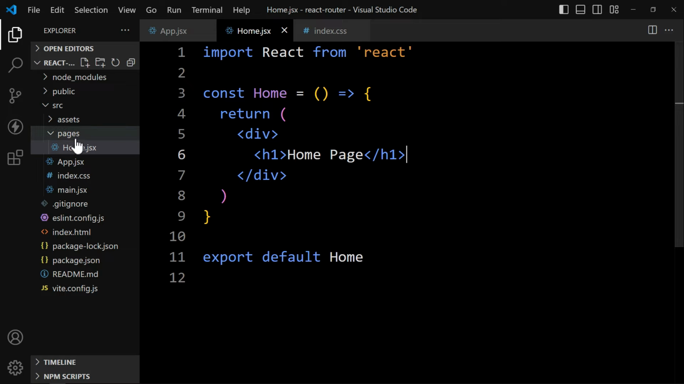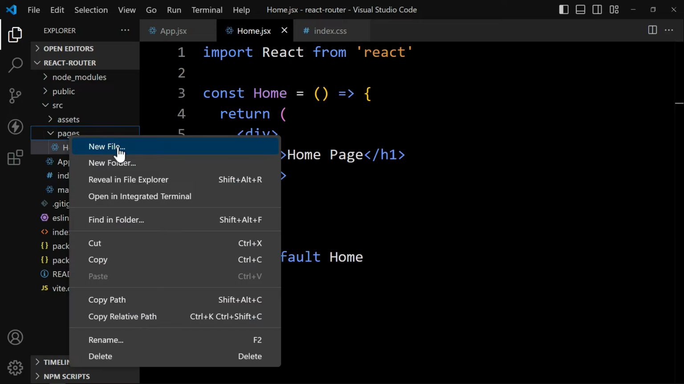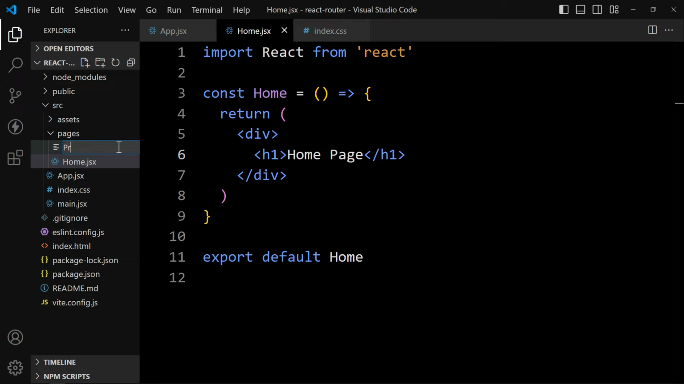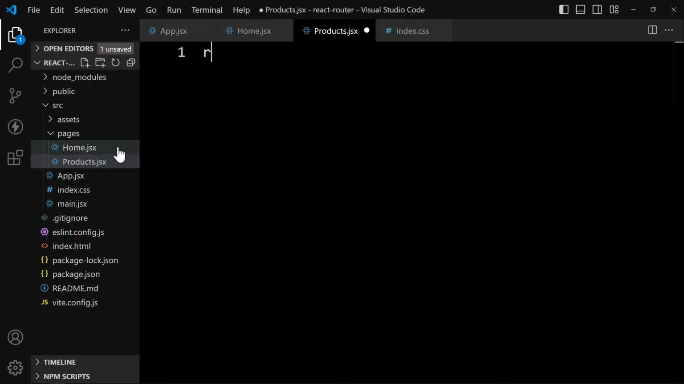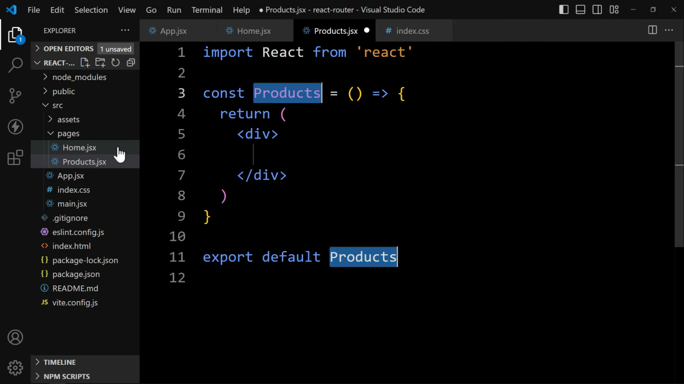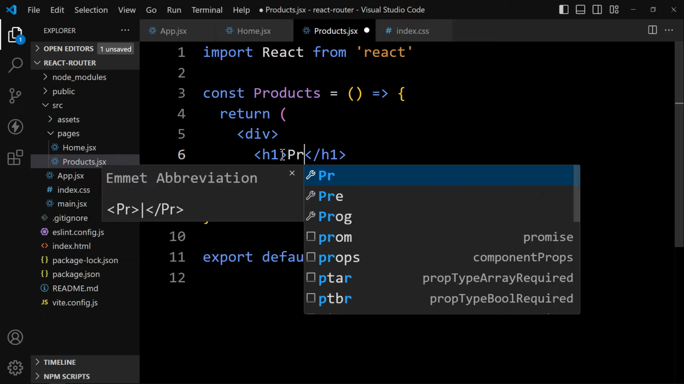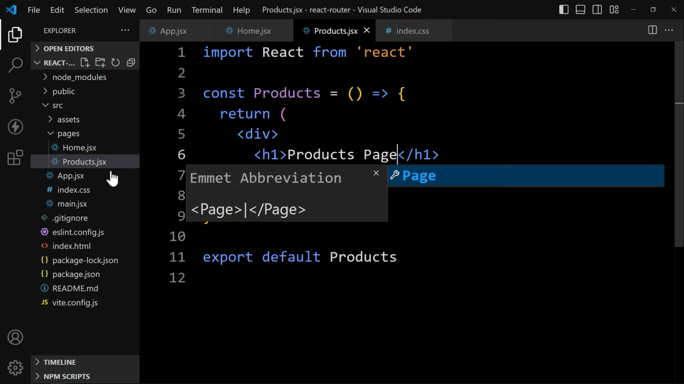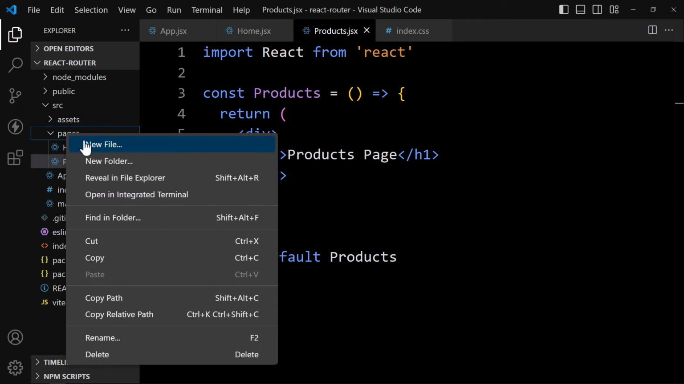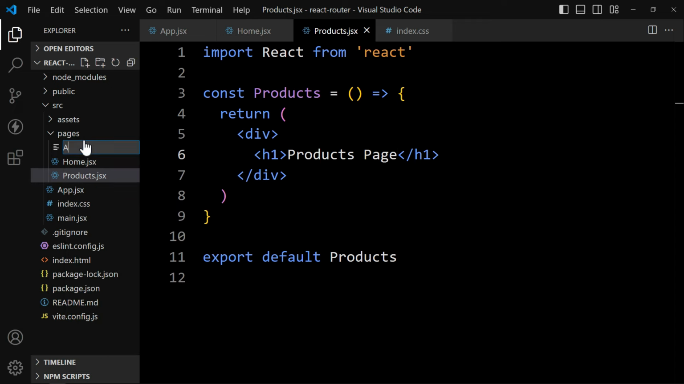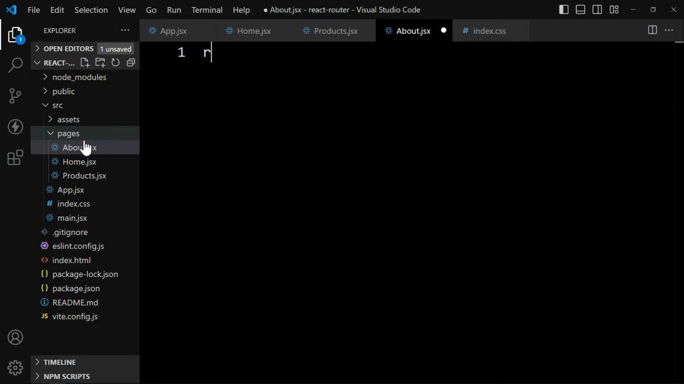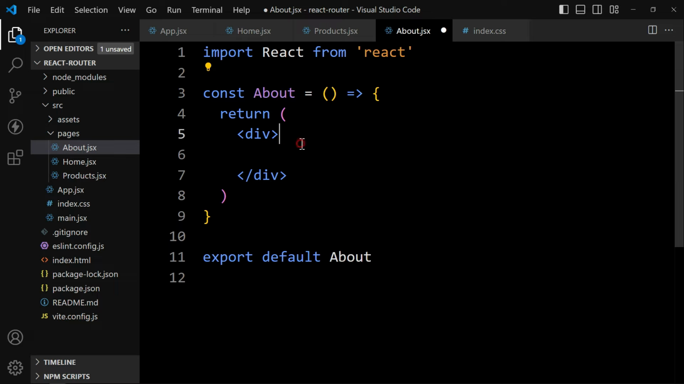Save the changes. Now in this pages folder, we will create another page, that is Products.jsx. Then use the rafce snippet, and here we will add the message in h1. This is products page. Now we'll create another page in this folder. It is the about page, so let's add the file name About.jsx. Here also we will add the message in h1,